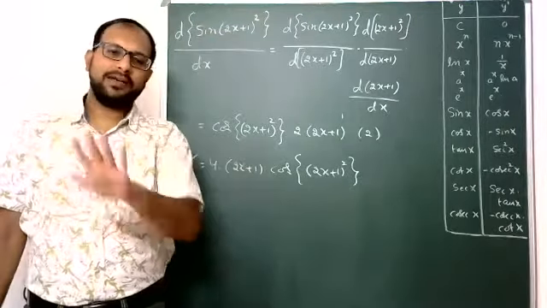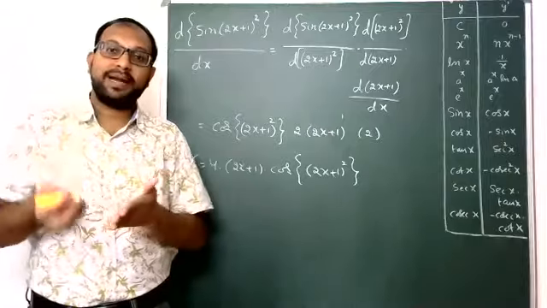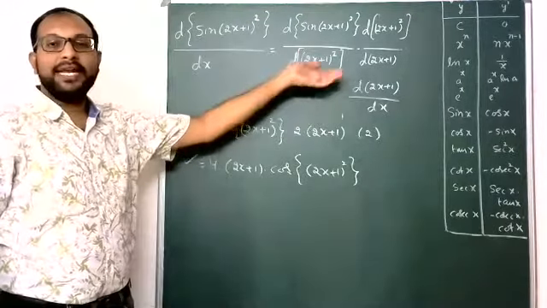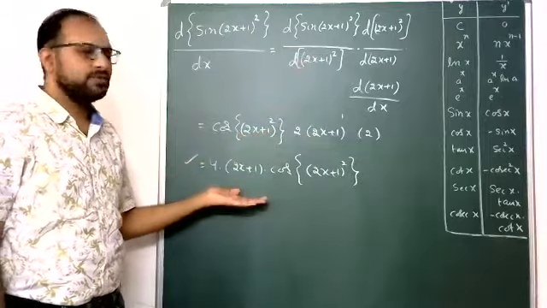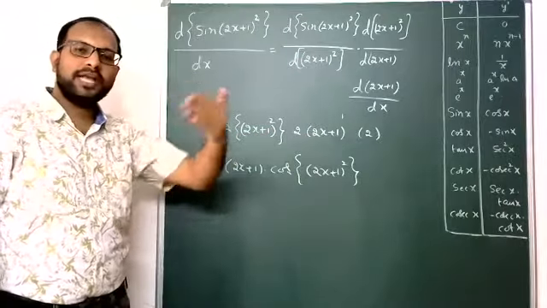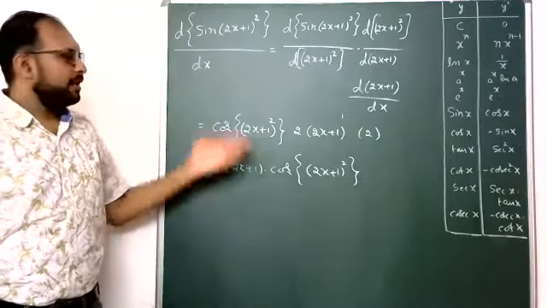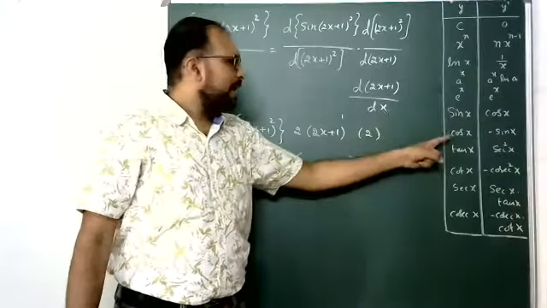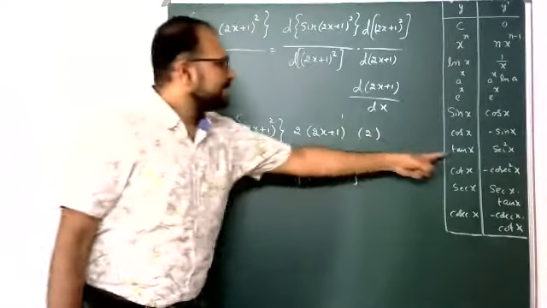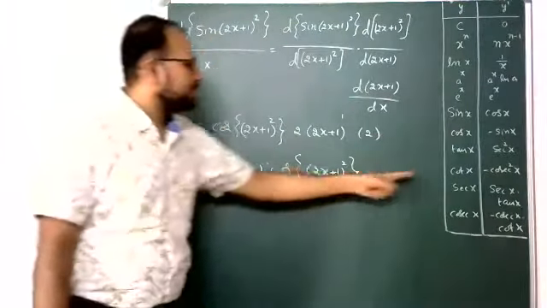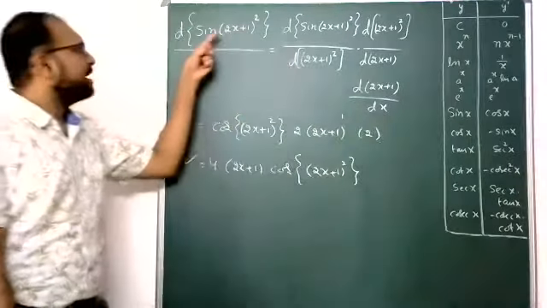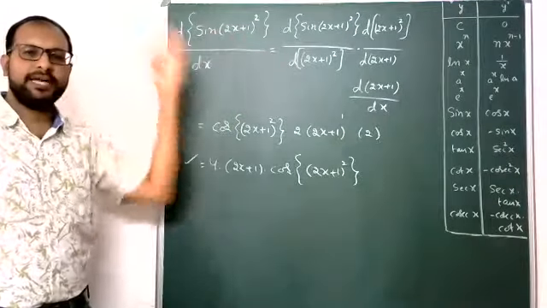Only sin x there, the derivative is cos x. But now it is sine of some other function, that's why I used the chain rule. Here 3 links are required, that's why I used 3 links. Some problems require more than 3 also. Like that, students, cos of the same function, tan of the same function, cot, secant and cosecant of the same function, you please try once the class is completed.